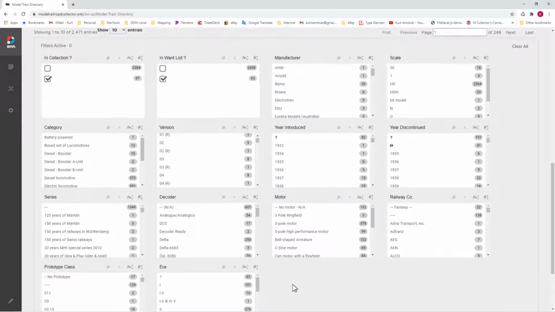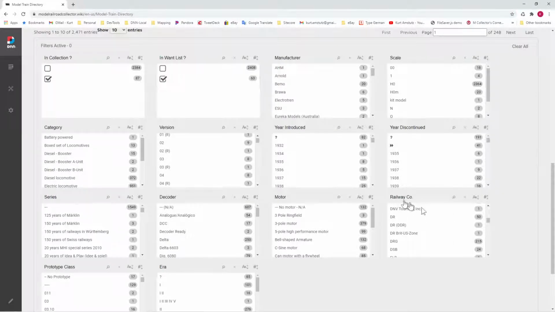So what we want to do is filter those 2,400 locomotives down to something a little more manageable, depending upon what we're specifically looking for. Let's say that I want to see all of the Austrian locomotives that are available.